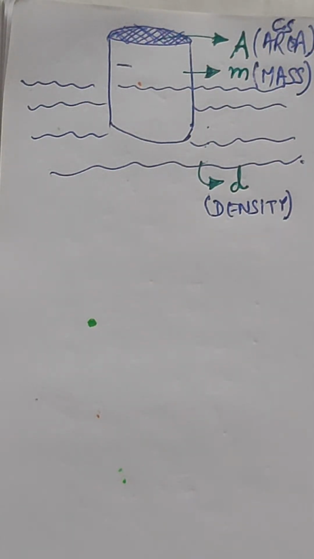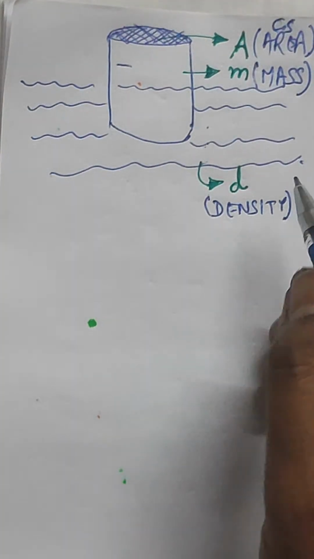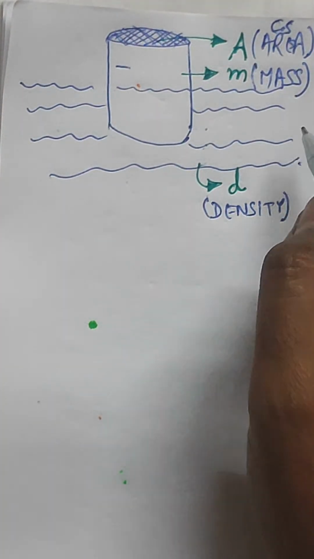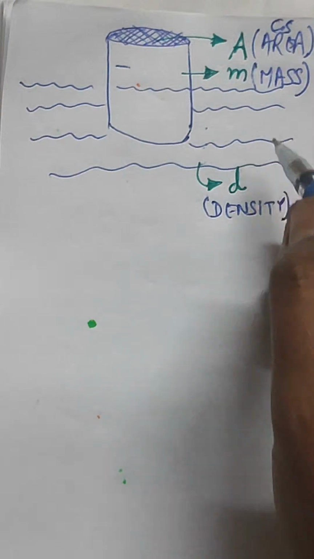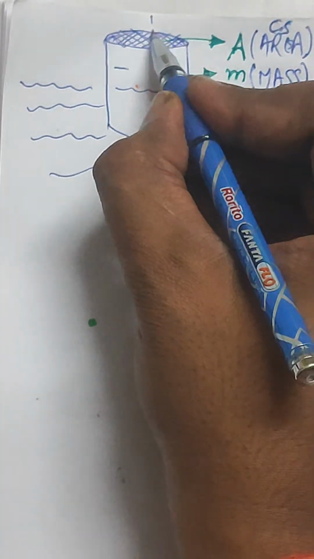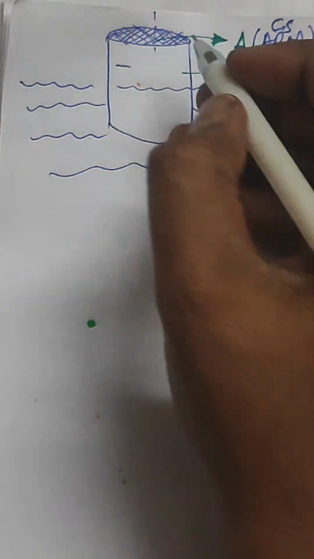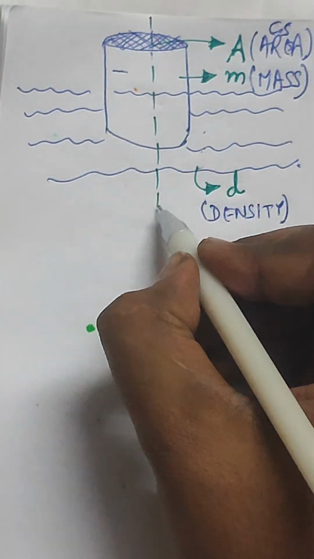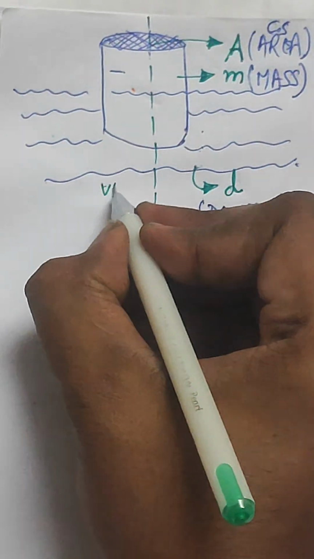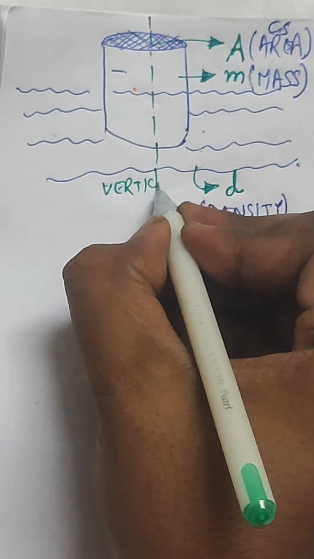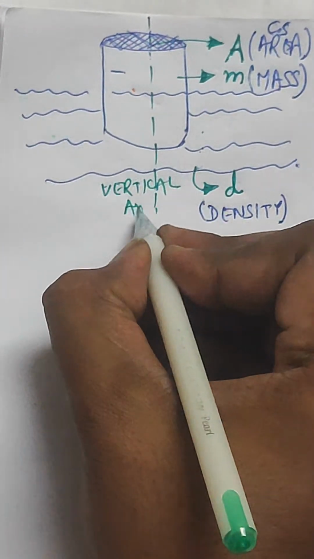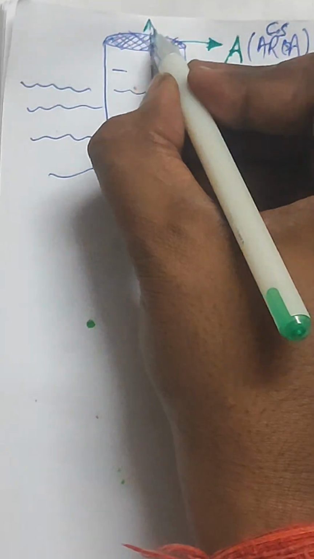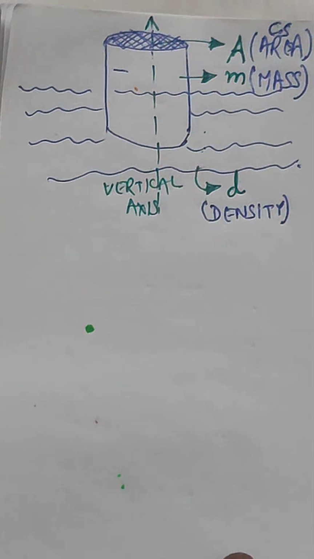Now a cylinder of uniform area of cross section A has a mass of m and floats with its axis vertical in a liquid of density d. So the axis of this cylinder, when you consider this as vertical, this is the vertical axis through which the cylinder is just floating. Okay, now